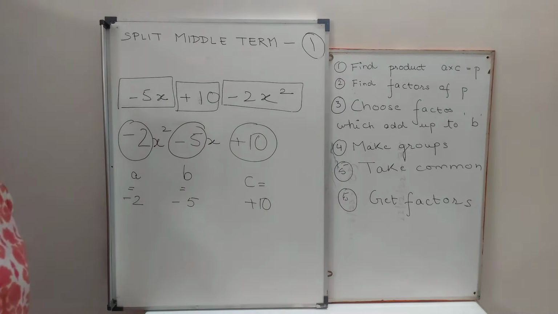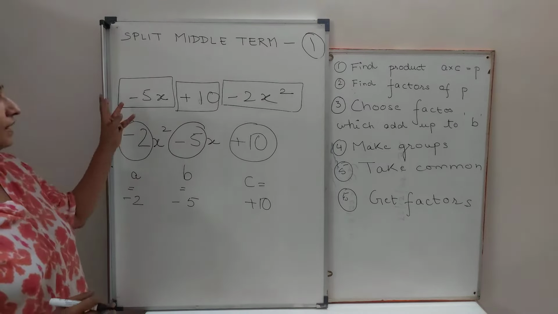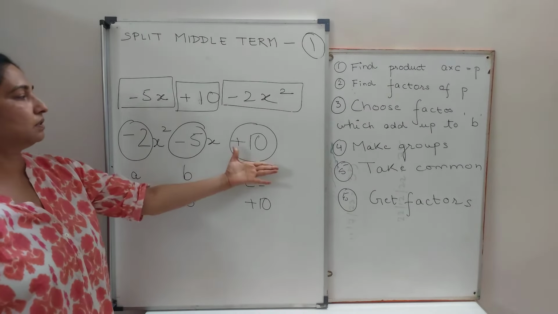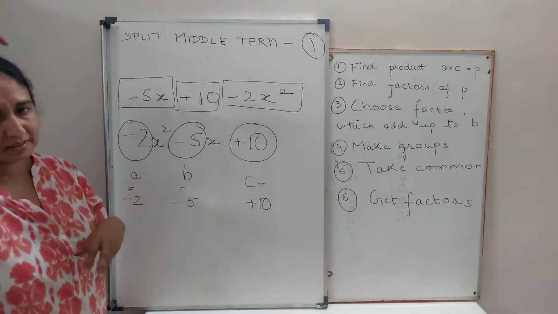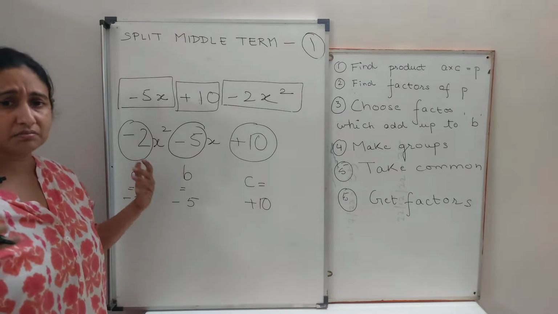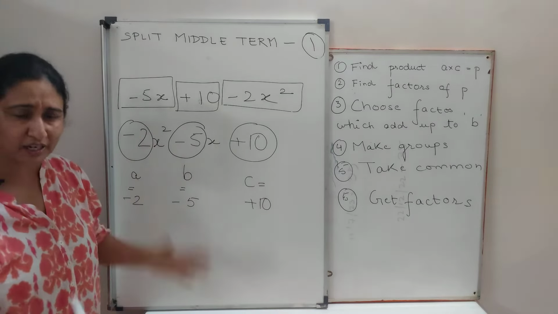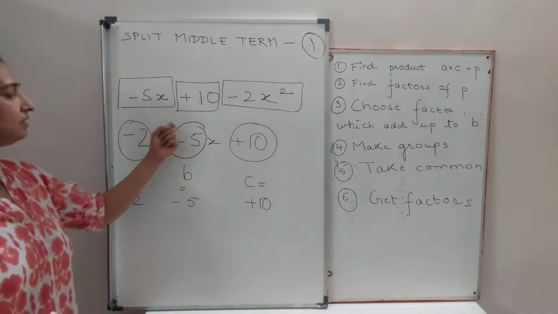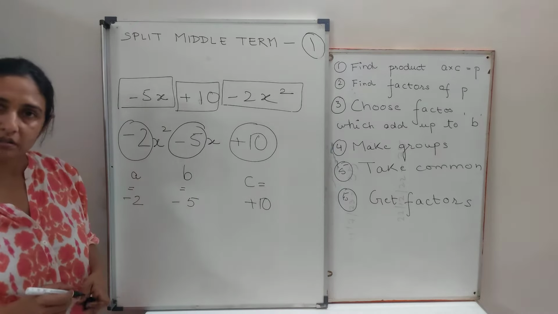I hope you're clear with the concept of what are a, b and c, and if it is given in jumbled form, you first need to convert it into something which looks like a quadratic. If a person's head is down and hands are up, they won't look like a human being, right? Reshuffle it first and let it look like a quadratic, then find what is a, what is b and what is c, and write it clearly in your notebook.